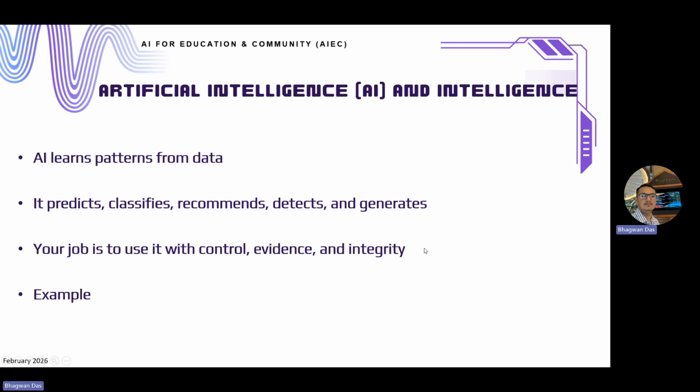Example: keyboard next word. I hope you have used a mobile keyboard, where when you write HE, the word hello automatically appears. That is called recommendation. Translation: whenever you use Google Chrome to convert from one language to another, that is also a detection job. Camera face box: whenever you want to detect faces, this is the purpose. And ChatGPT, Microsoft Copilot, Google Gemini, and Grok are examples of generating text.